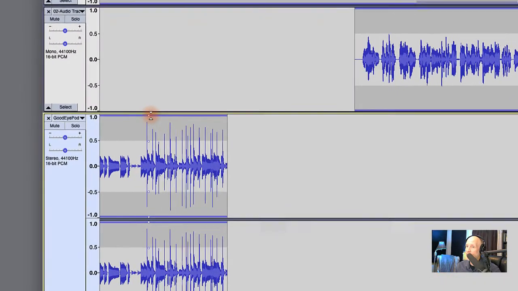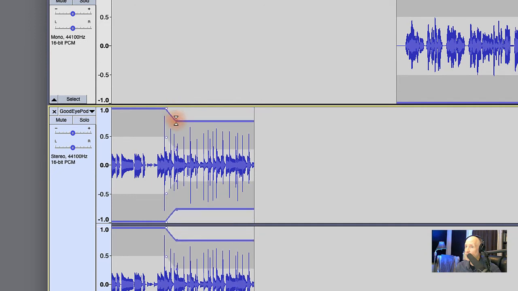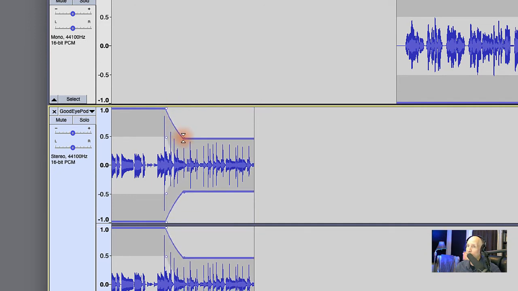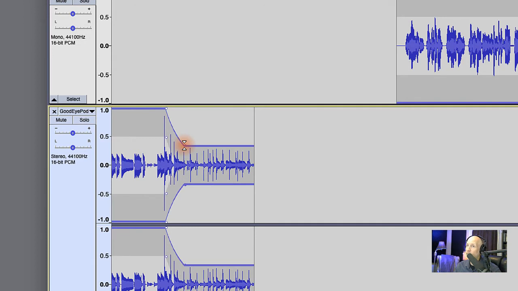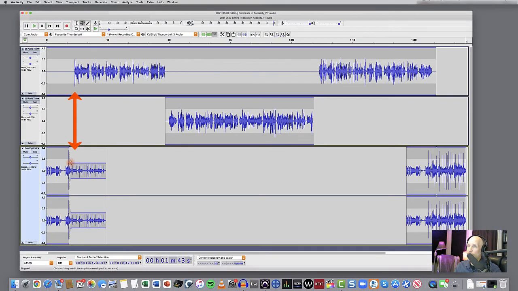So we do that by coming off to the side, to the right a little bit in this case, and clicking on that envelope line and hold it and bring it down. And I like to bring the fade down under the host audio or the guest audio, but not before it. You don't want it to come down all the way before the voice comes in. Make it a little bit more subtle. So bring it in gradually. That way, if we go up to the timeline and click,